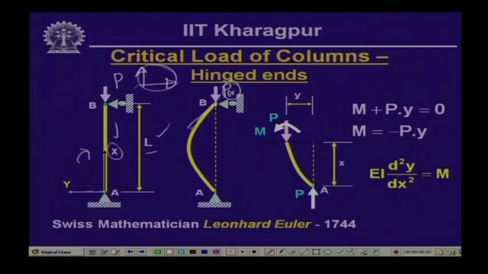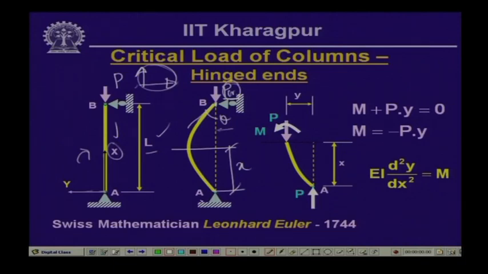of this member, if we call this theta, the member can be in the equilibrium state, beyond which if we add any disturbance, it is going to cause a failure of the member, and we are interested to evaluate this critical load corresponding to which it will be in a state of equilibrium. Now, if we take a section at a distance of x